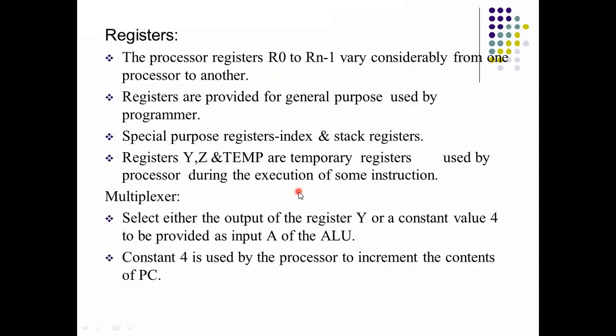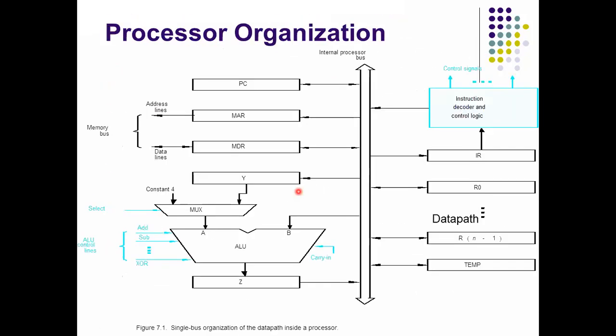So this is about the processor organization. All of you practice this diagram. In this diagram, each block is already known. This is how the data path works to execute any program. If you understand the concept, then you can write it in your own words also. Try to understand it, and all of you practice this diagram.